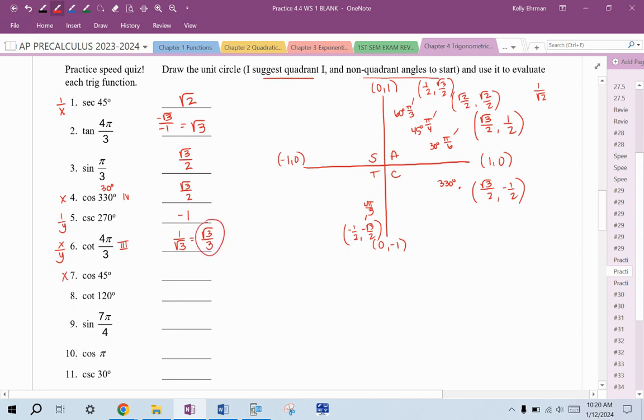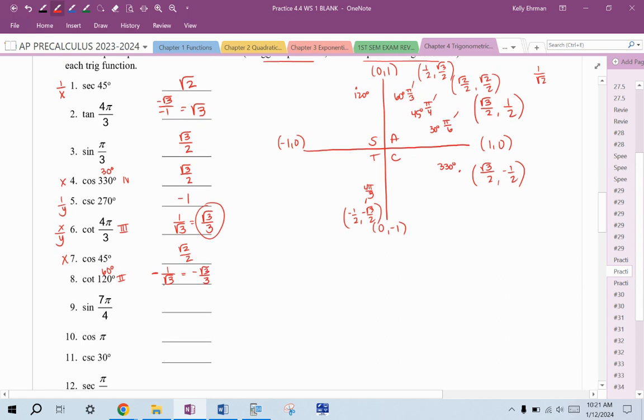Cosine of 45 is the x value, radical 2 over 2. Cotangent of 120. 120 is up here. But really, I just think of this as a 60-degree angle. So what was cotangent of 60 degrees? It was 1 over radical 3. Should cotangent be positive or negative in quadrant 2? It should be negative. So my answer is negative radical 3 over 3. So that's how I go about doing these